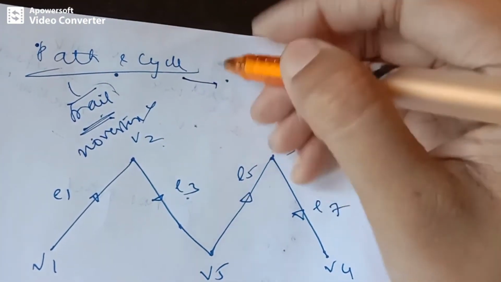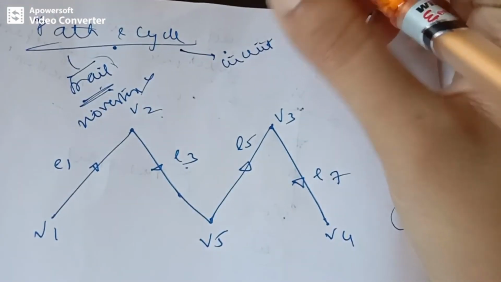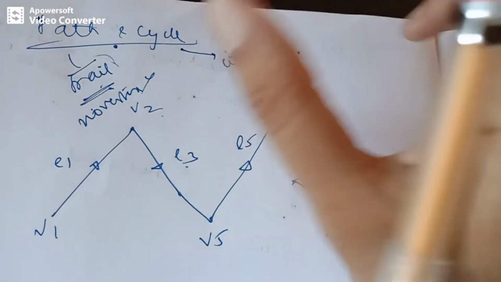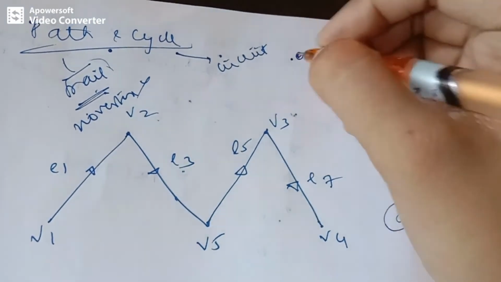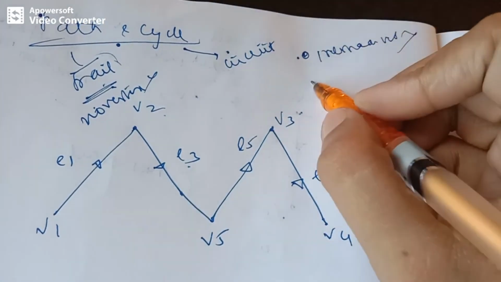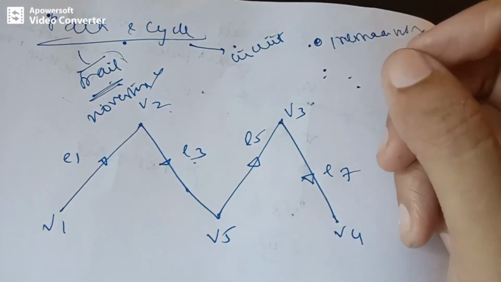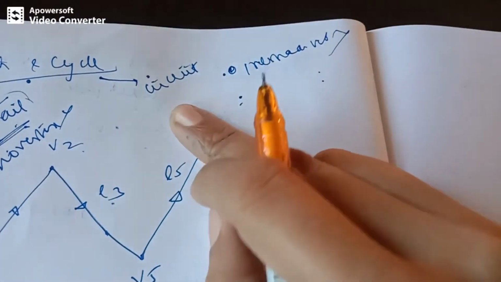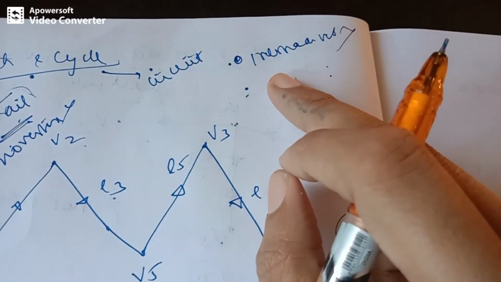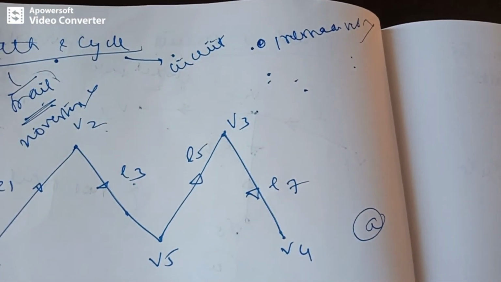Whereas a cycle is a circuit. When we say it is a circuit, it should be a closed walk in which the terminal vertex does not appear as an internal vertex and no internal vertex is repeated. So the intermediate vertices should not repeat, and the terminal vertex does not appear as an internal vertex. So they should be different. Okay. So that is a cycle. Let's take this example.